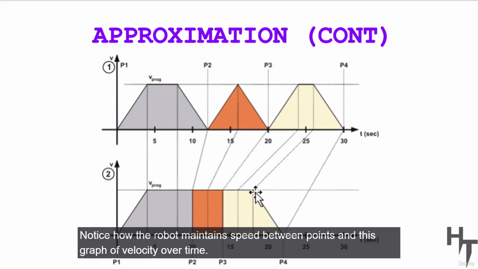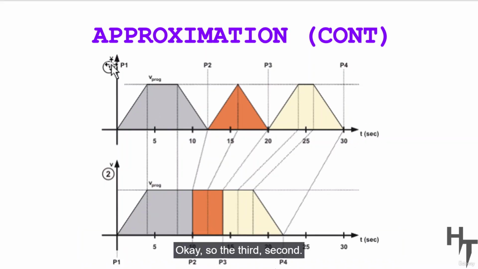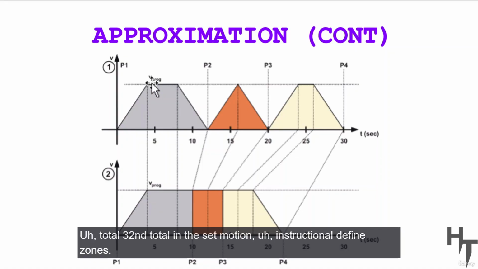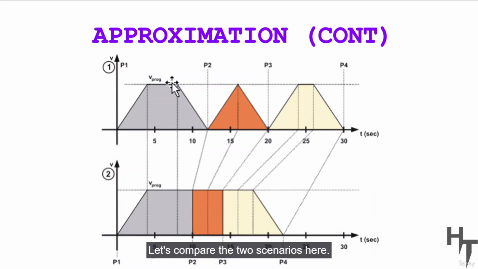Notice how the robot maintains speed between points in this graph of velocity over time. So the total is 30 seconds for the motion with fine zones. Let's compare the two scenarios here. First,